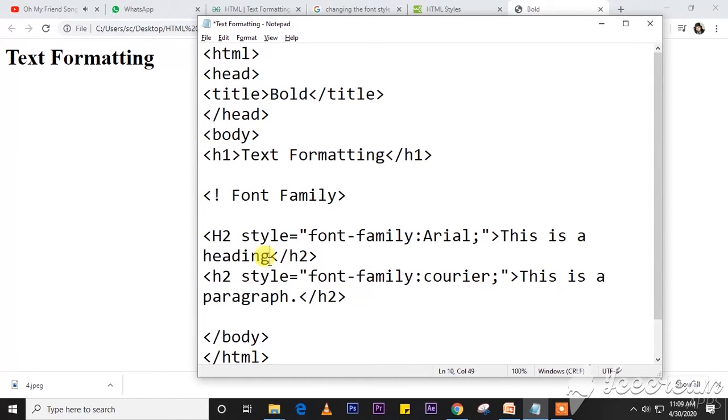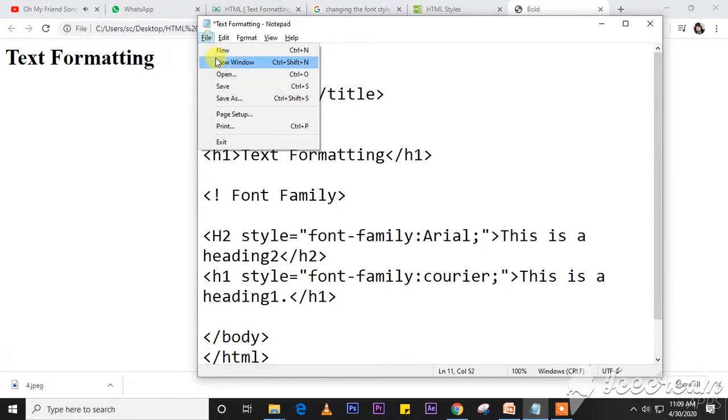In any tag you can write, like H2 tag. I am writing here style is equal to font family Arial. This is a heading, H2 should be closed, and again I open H2 tag, style, font family Courier. Times New Roman, your wish, that will depend on your choice. I am writing this Courier and Arial. This is paragraph. After that one, save this one and refresh your web page.